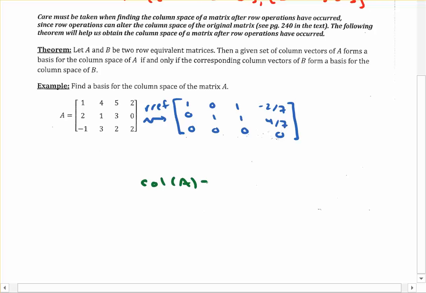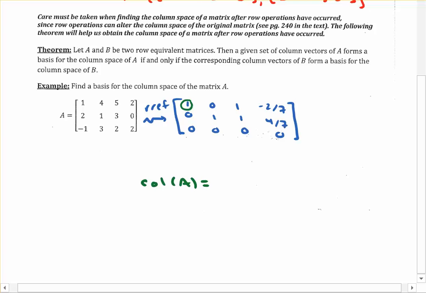Now, we might be thinking to use column 1 of the Rref and column 2, which I would agree with you to an extent, since they contain the leading ones. Remember how we arrived at these leading ones? It was through Rref. So there's a good chance that these might not be the actual column vectors that help to generate the column space of the matrix A. But even though they might not be, there is some good information from these entries. So even though this column might not be a basis vector for the column space of the matrix A, it does